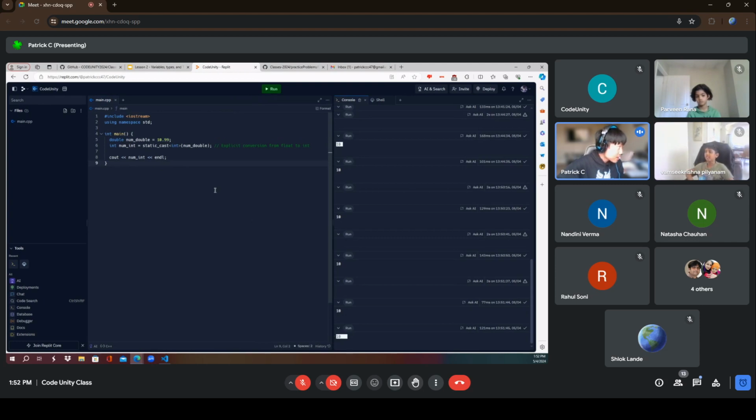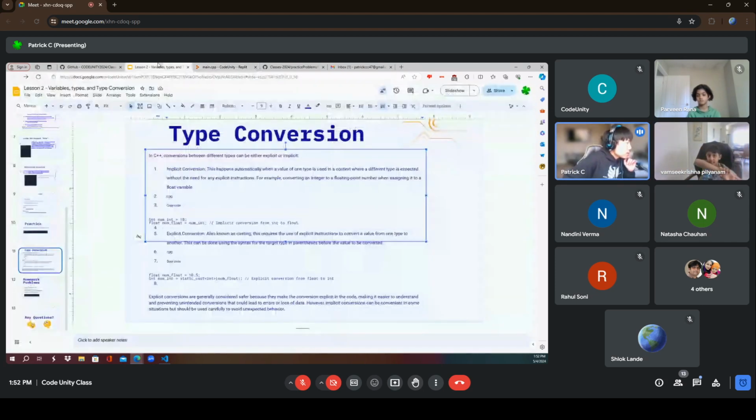So that's just something to keep in mind. It's not going to follow the rounding rules. It's not going to go to the nearest integer or whatever. It's just going to go to whatever is before the decimal point. All right. Well, hope that's understandable. Again, if you have any questions, feel free to ask.